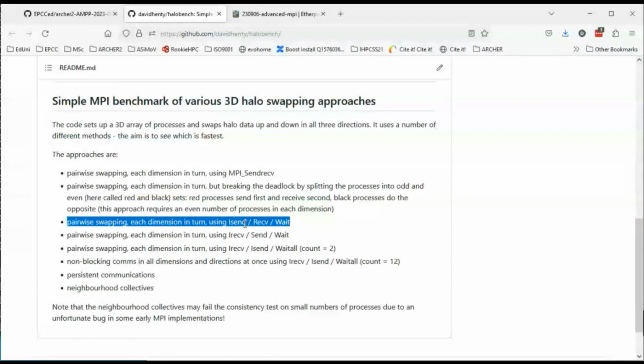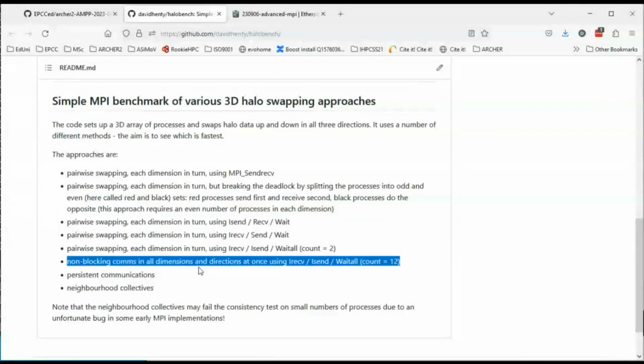Then we do pairwise swapping in each dimension, using I send, receive, and wait. Pairwise swapping each dimension using I receive, I send, and wait all. And then the one which I think should be the best: non-blocking, covering all directions at once, using I receive,